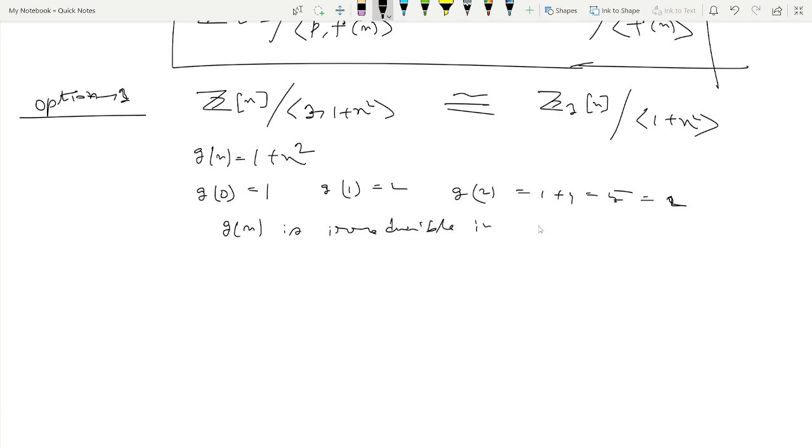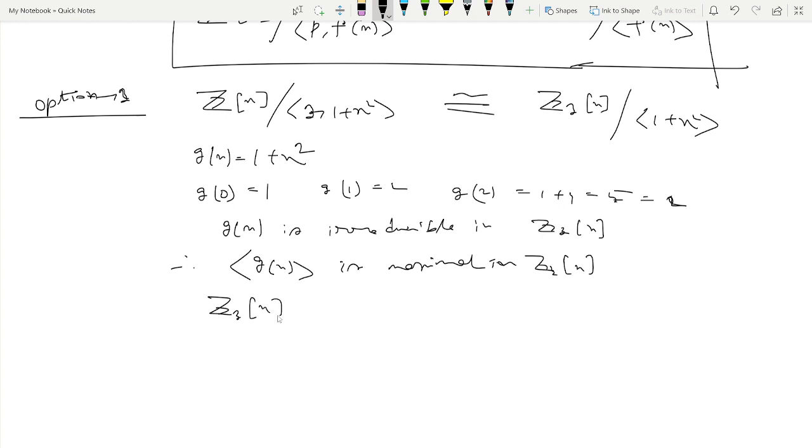So this is irreducible in Z3[x], and the ideal generated by g(x) is maximal in Z3[x], since it is a PID and all ideals are principal ideals. So Z3[x] by this ideal is a field, and since this is isomorphic to this ring,